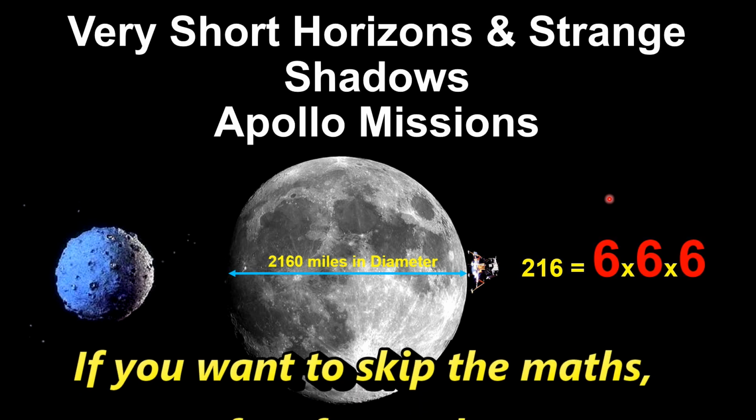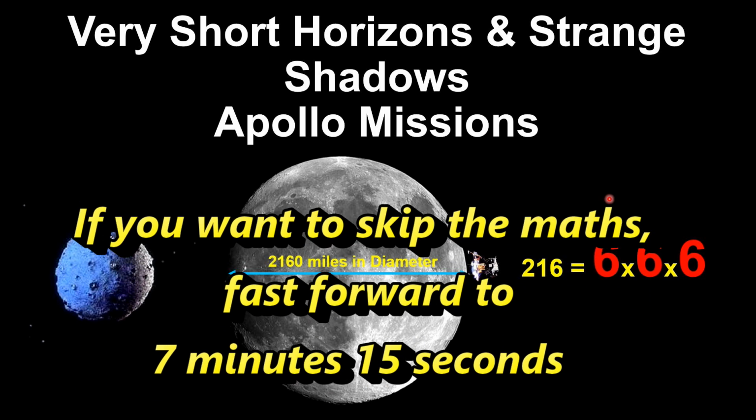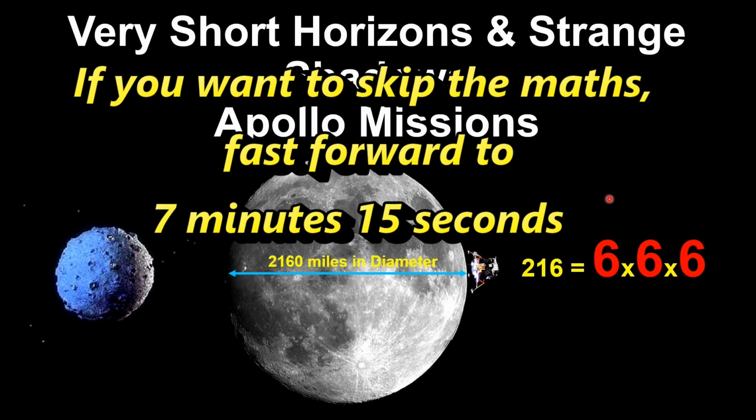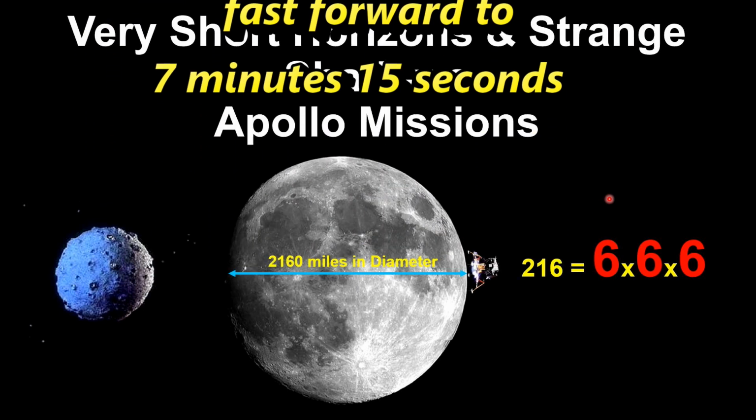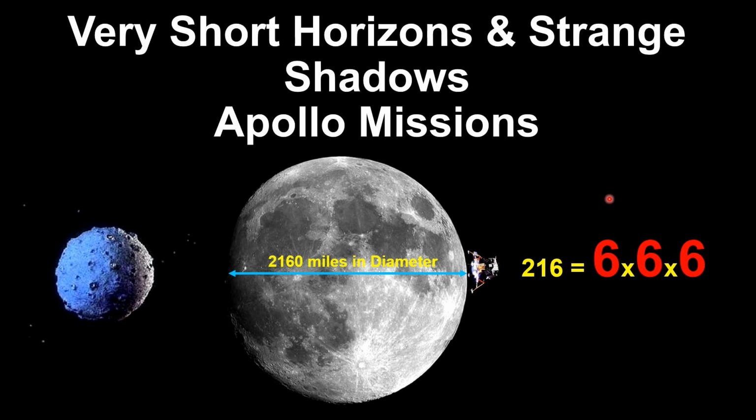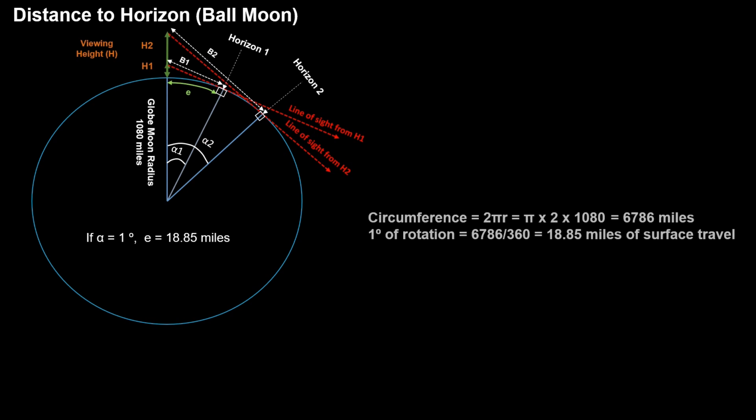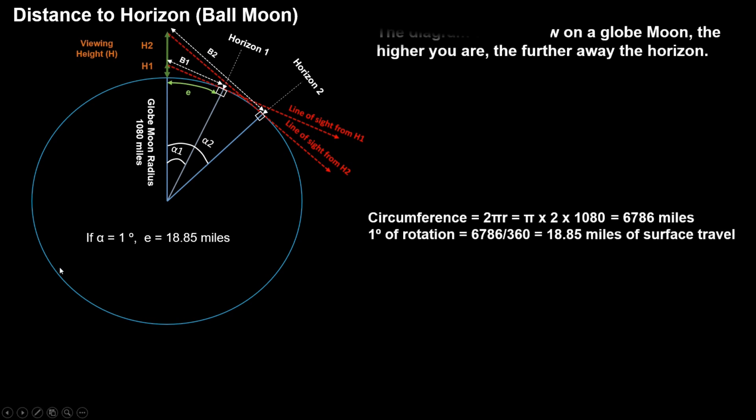First, I'd like to go through and look at some of the curvature calculations for the moon so we can calculate the horizon distance. So this will look at a little bit of maths and how to calculate the ball moon horizon. I've done all this before for the Earth. I've also set up a curvature calculator for the ball Earth, and I've also made one now for the ball moon. So here's our ball moon. We've got our globe moon radius of, here this is a radius, this is a radius, and this is a radius of